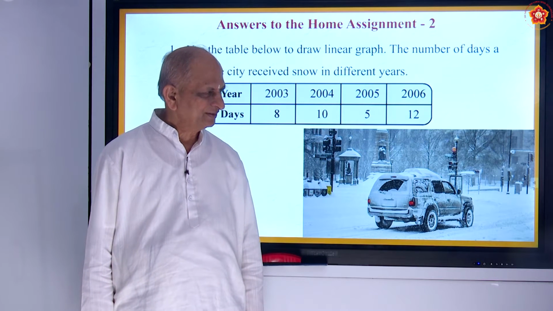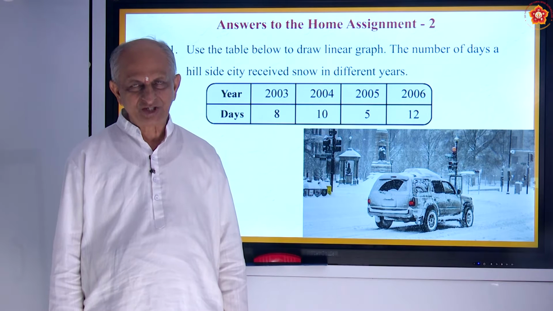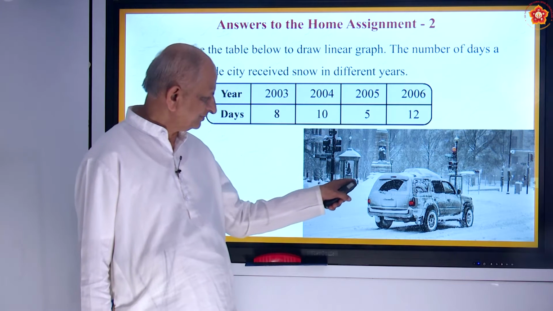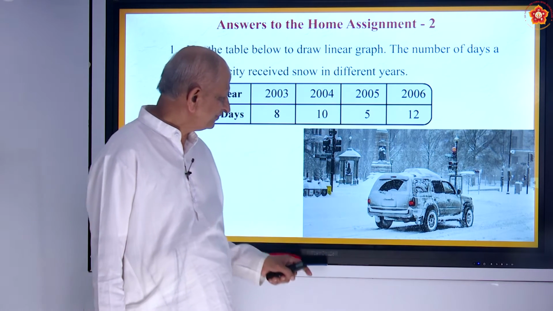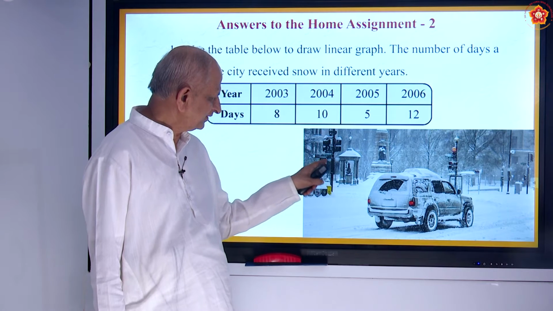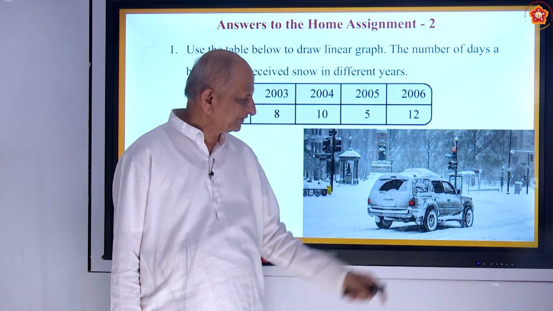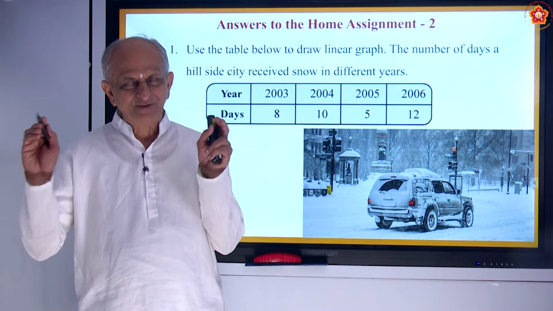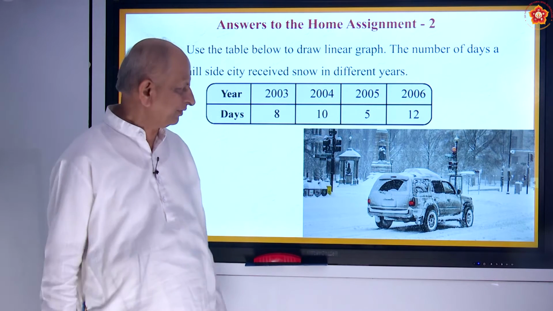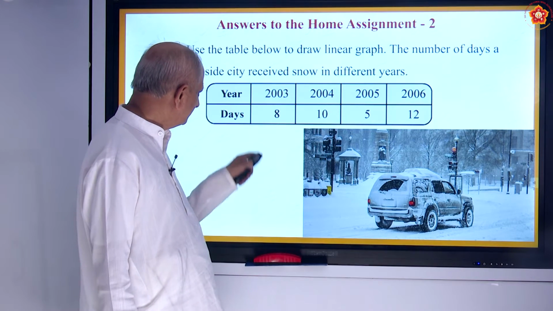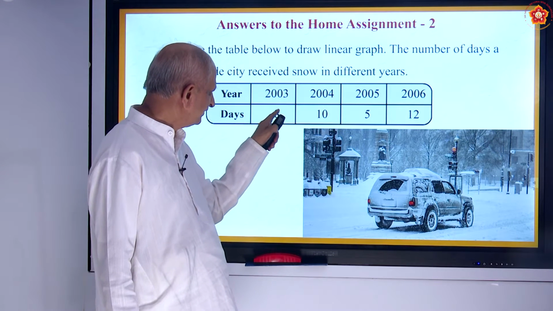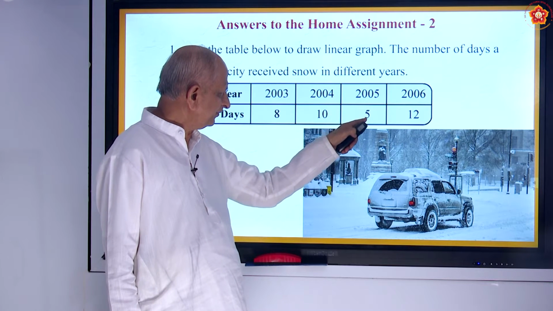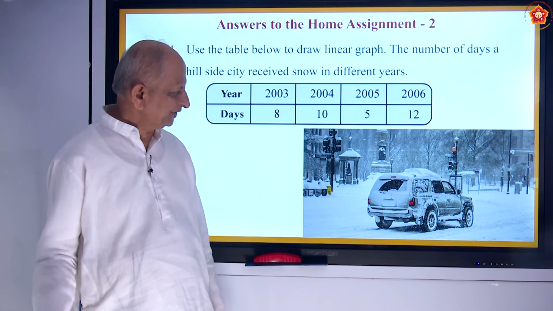And even in northern countries like Russia, America, Canada, and so on. See here, the vehicles are full of ice, and even the signals are full of ice. Of course, there will be vehicles to clean the road also. A lot of chunks of ice will be falling on the road. And this is the rainfall days. In 2003 there were 8 days, 2004 10 days, 2005 5 days, 2006 12 days. This you are asked to